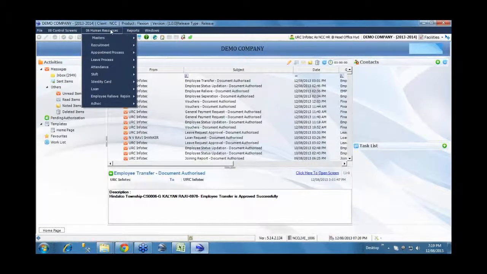We cover the recruitment process, the complete cycle involving the recruitment of staff for the organization, and also the training. Training is a separate module, and this particular user does not have the authority, but we can show what options we have under training also.